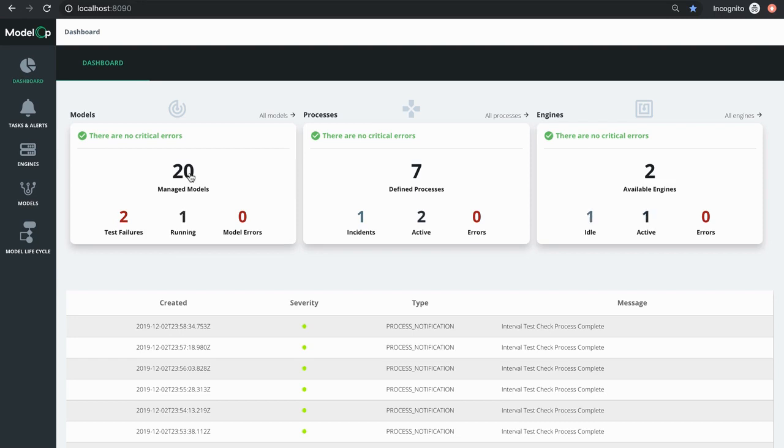ModelOp Center. In the middle, these are all the processes that are running to manage the life cycle of those models, whether that's the initial operationalization of those models into business, the ongoing monitoring of those models, or the continuous improvement of those models and eventual retirement. And on the far right, you can see our engines or the execution environments and the state of those environments of where the models are doing their scoring for production or also running their tests or one-off batch jobs from